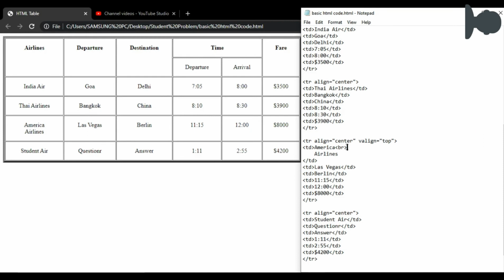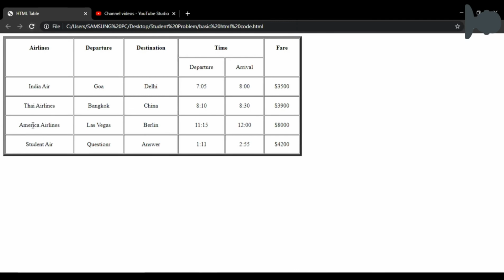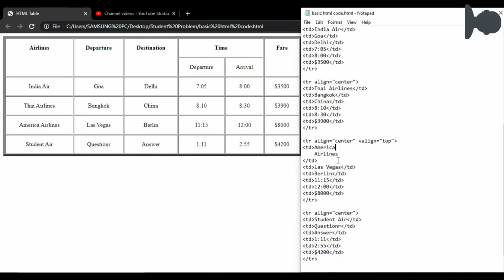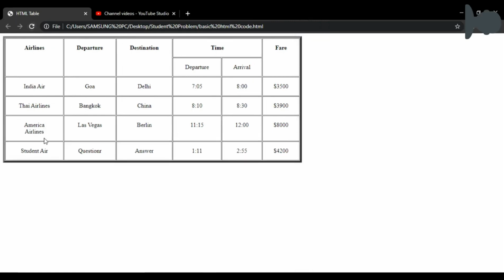If you did not use this BR, then you can see the output: America Airlines in the same line. So you use the BR tag to break the line. That means now you can see the output, America Airlines, and here is the space allocated to it.